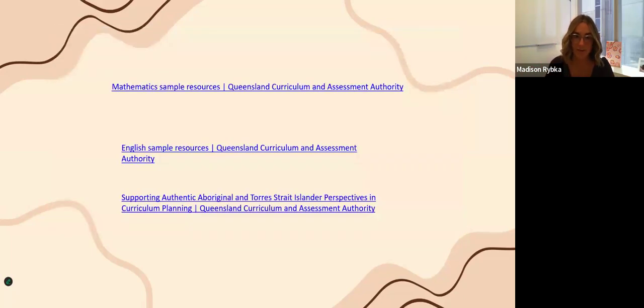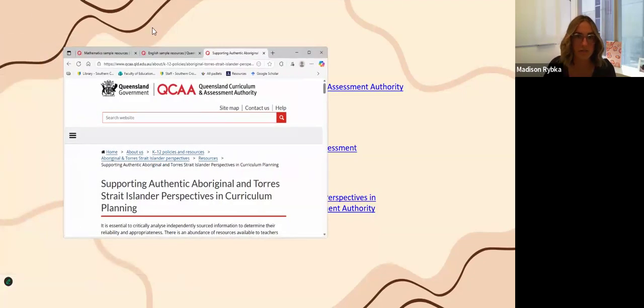Here I'm going to show you some examples as well when you're feeling a little bit stuck looking for resources. So this is from the Queensland curriculum. Again, it doesn't matter what state you're in, you can absolutely use these and then link them to your own syllabus outcomes, or in Victoria, using your own Victorian ACARA or Australian curriculum. I get confused because I'm so used to New South Wales. So this is the first link.